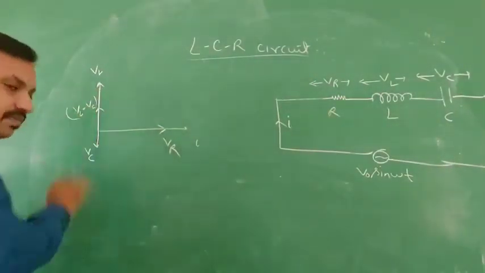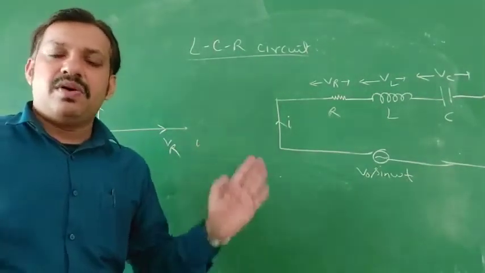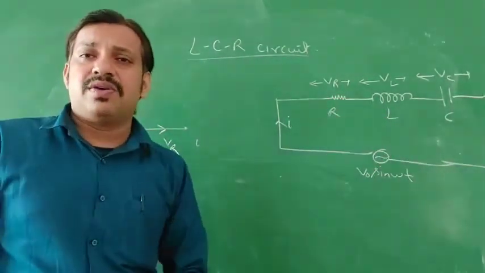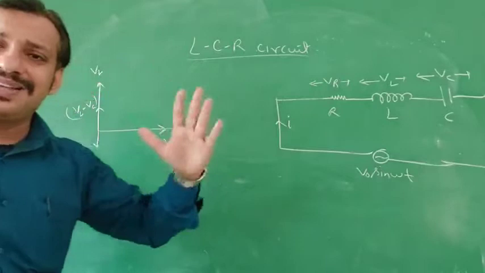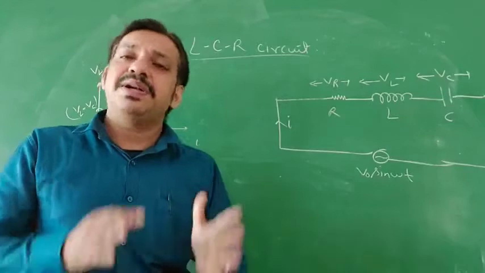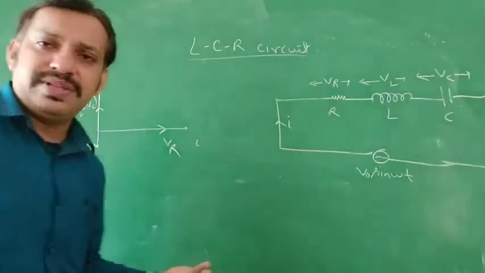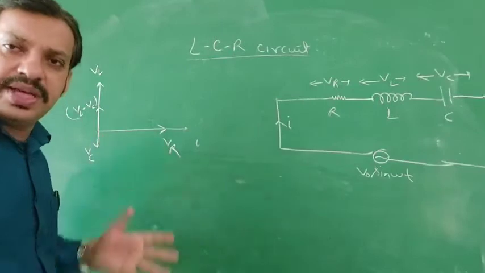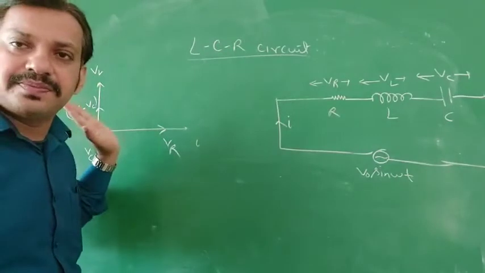VL minus VC. I am not saying it is hard and fast that every time you get VL greater. Often it is so, because capacitors are rated in microfarads, while inductors are generally in the order of millihenry, so there is a difference of 1000. So generally we find XL is greater than XC, that is why VL is greater than VC. But there is a chance you can reduce the value of the inductor such that VC is greater. Then the resultant vector of these two vectors will be downward. That is the only change. Here I am considering VL greater than VC, so the resultant is in the upward direction.